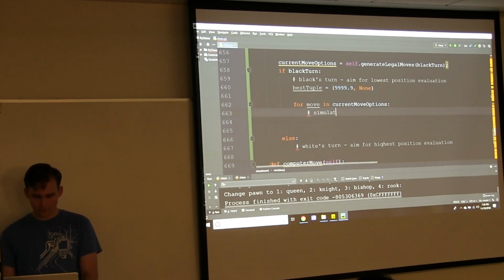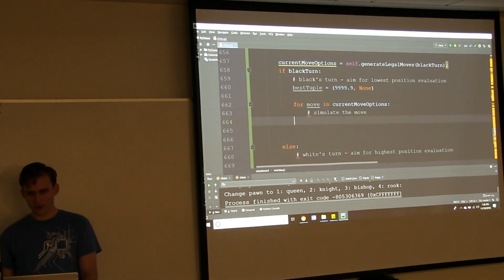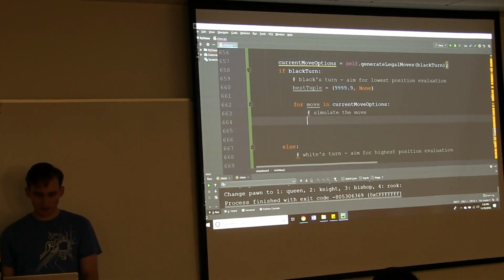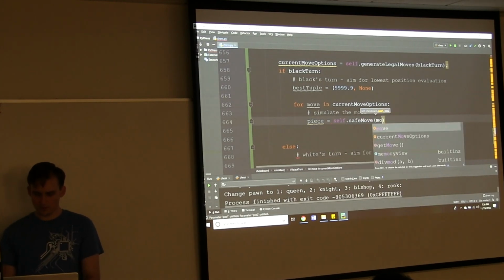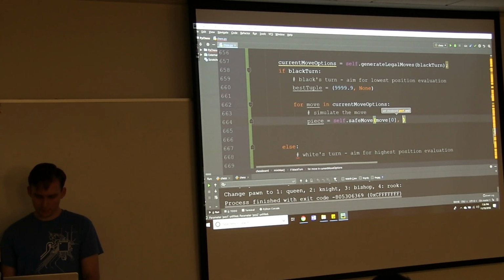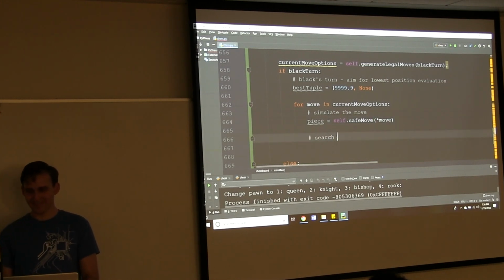But simulate the move, and we're not going to call our old function because that actually called eval and all those extra steps. All we want to do is actually make the move. So we're going to call safe move, or I guess this fancy new trick. Search deeper, reverse turn, and